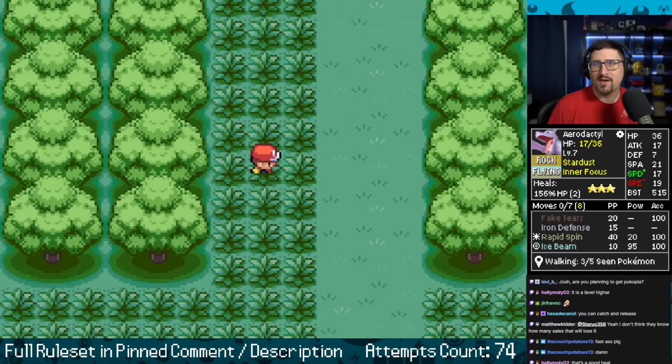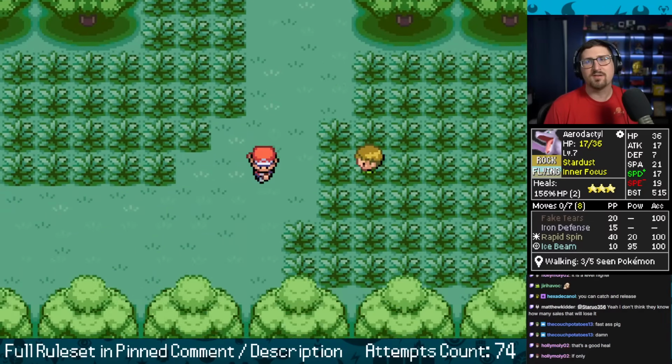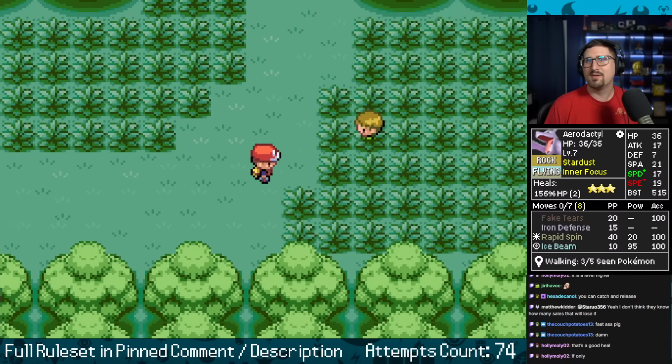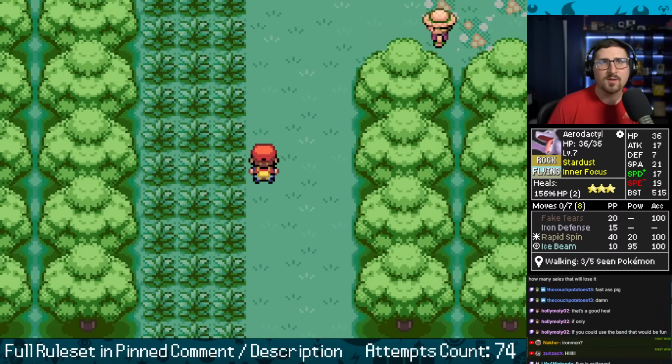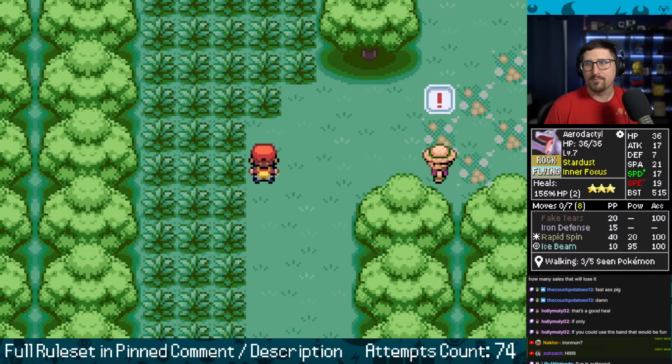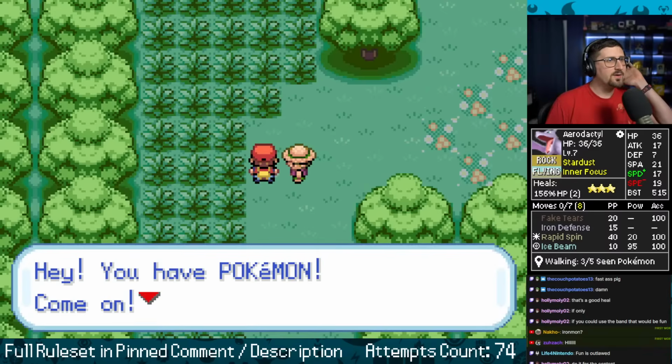Thank God. First try. Okay. Maybe I just got one with a crazy nature or something. Woo! Let's level up so that we never have to deal with that again. We do have minus speed, which is annoying, but good enough speed as is for now. We need something that Ice Beam actually absolutely tears through. Sick move, though. Let's do it.